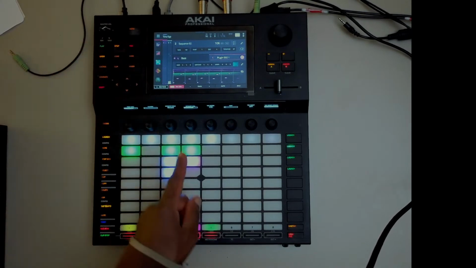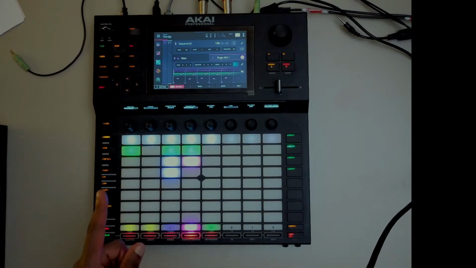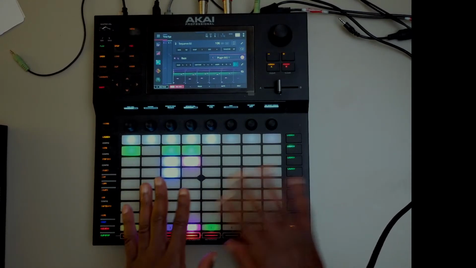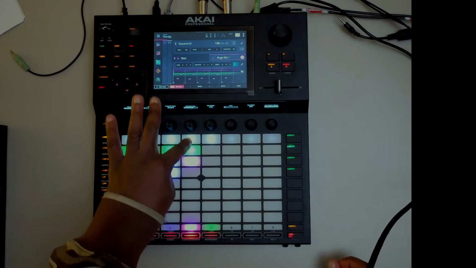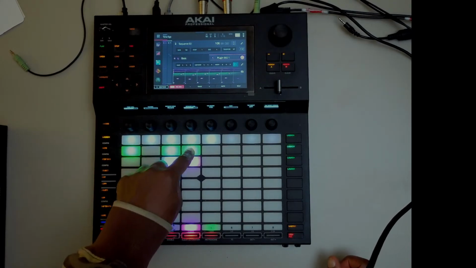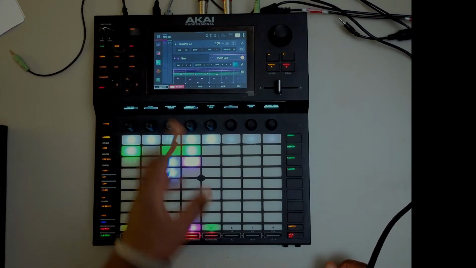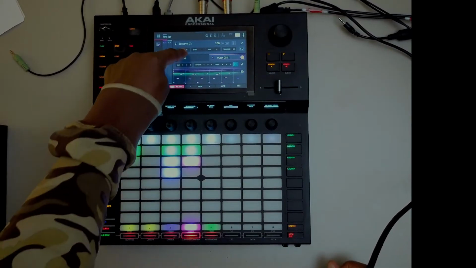what I might want to do, even though that's kind of cool, is, just for ease of understanding again, I'm going to take the bass out of this for now, so that you can understand what's going on.